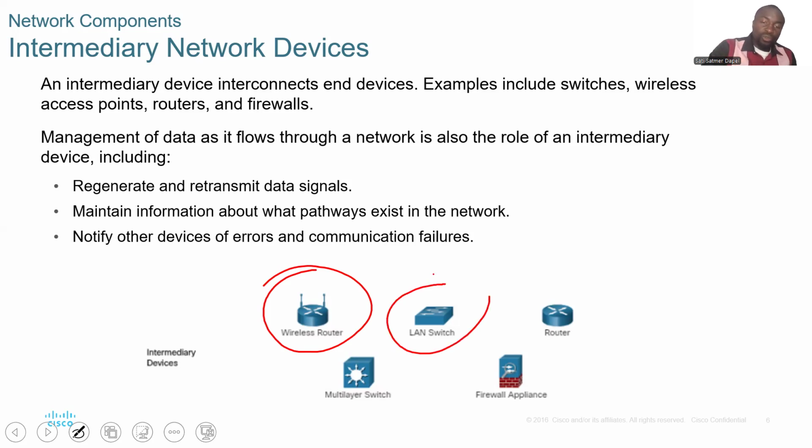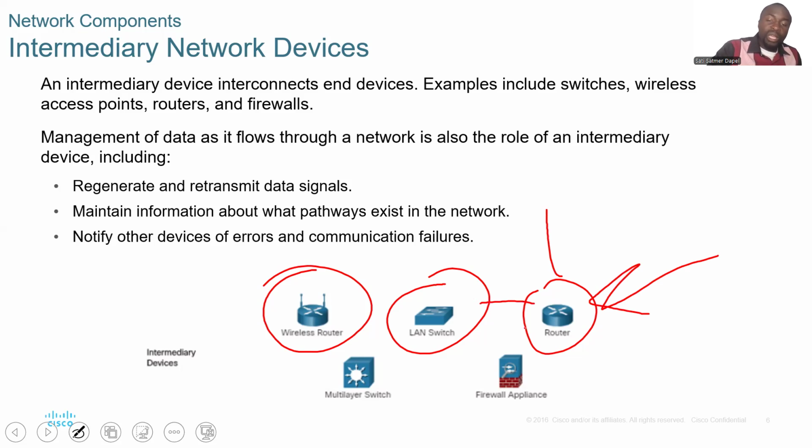A LAN switch is also an intermediary device because it is a multi-port internetwork device that helps to connect multiple devices through a central point. So if you are looking at a centralized system, a switch comes into play. Then you have the router. The router is an intermediary device that does path determination and packet forwarding. So once your traffic comes and is going to a destination, it's the router that determines which way to